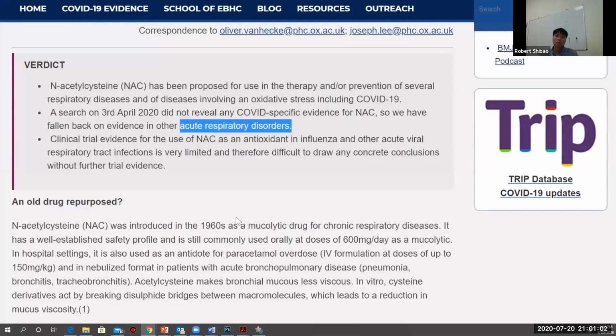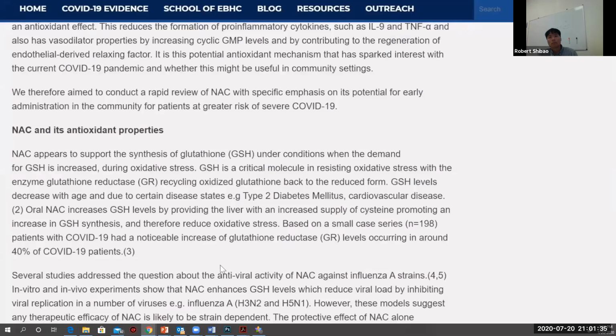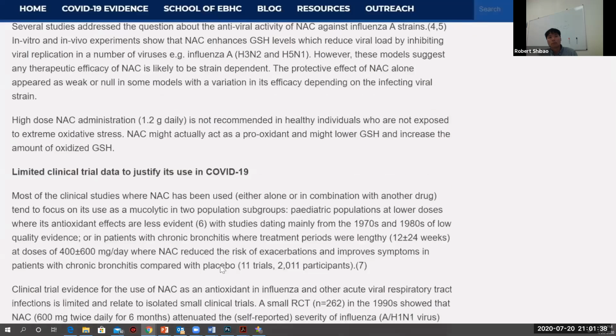But again, this is before we really understood that maybe COVID-19 is not just a respiratory disorder, but also a vascular disorder causing thrombosis, which is causing a lot of the hypoxemia. So they did look at NAC in terms of acute respiratory disorders. And the verdict they came up with was that clinical trial evidence for the use of NAC as an antioxidant in influenza and other acute viral respiratory tract infections is very limited, and therefore it is difficult to draw any concrete conclusions without further trial evidence. And so they go through the data here in terms of its antioxidant properties, but they